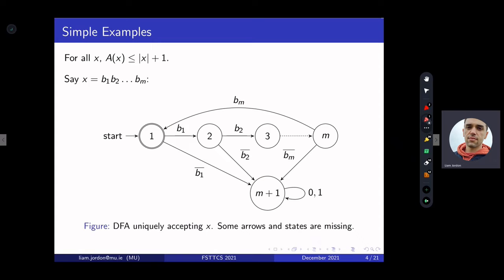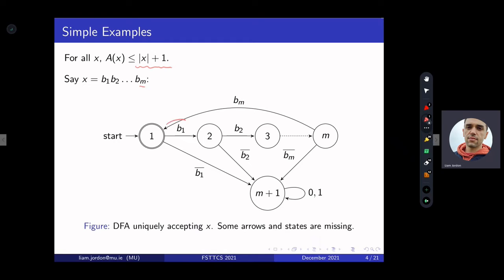Something else that's pretty clear straight away is that every string x has an automatic complexity bounded above by its length plus 1. So say, for example, x had length m. We can easily build a DFA such that x is the only string of its length that's accepted.